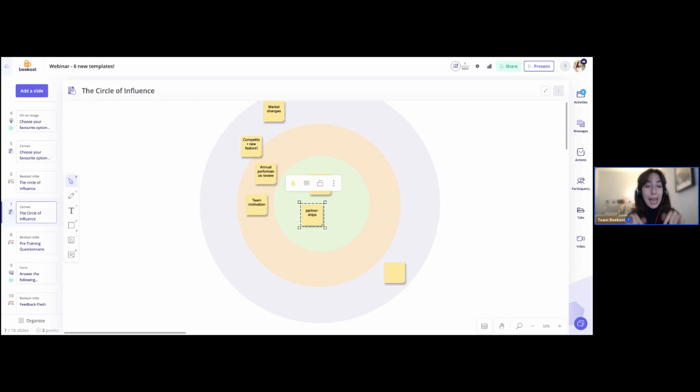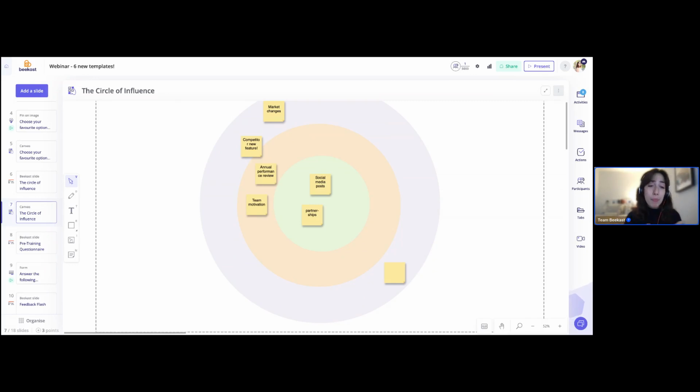But what can we do? And then you can start setting up actionable leverages that you can implement in your work and in your daily life. And thanks to that, the circle of influence is really a great way to remotivate your team. It's a great way to get everyone thinking about what they can do and what they can't do,